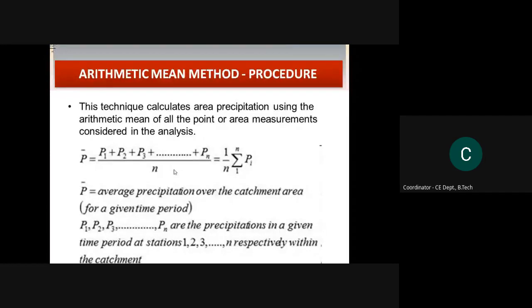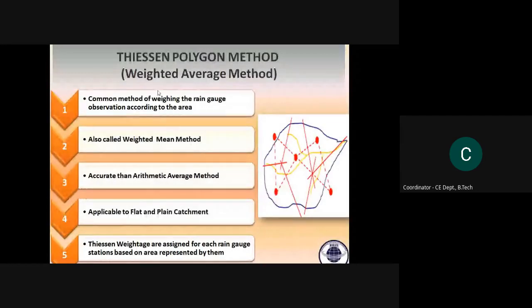Now let us go to the next one, this is very important. This one is your Thiessen polygon method. This is more accurate than our first method, because in the first we are simply averaging, but here we are dealing with the area. We are considering the area